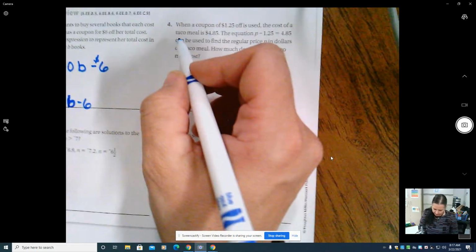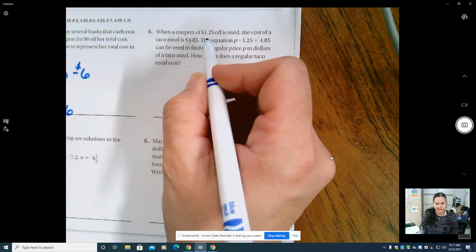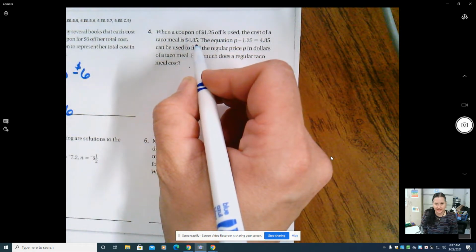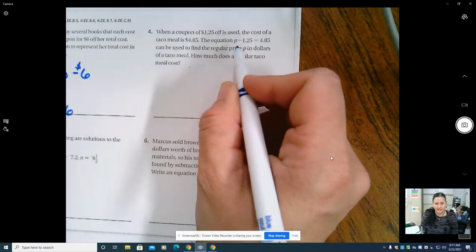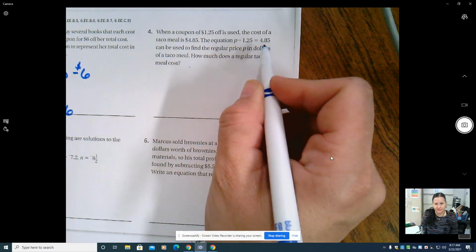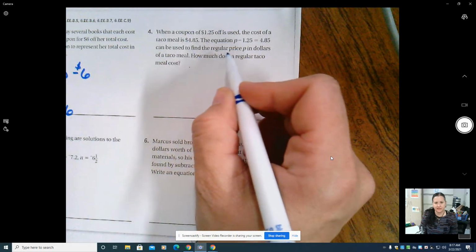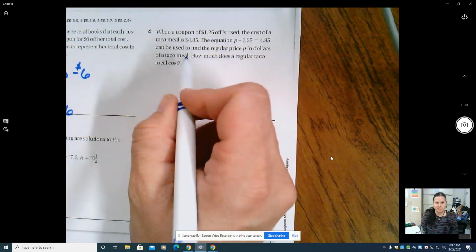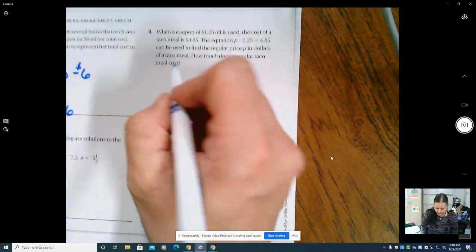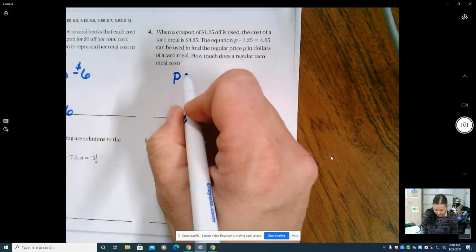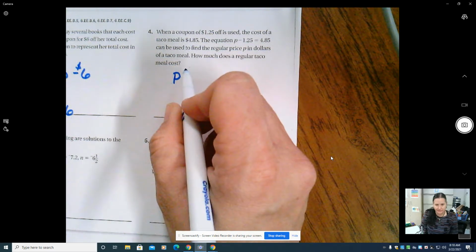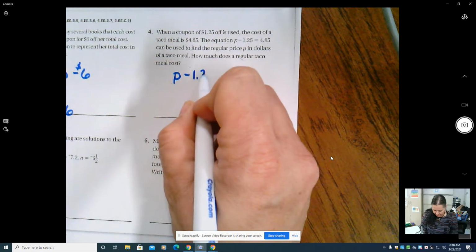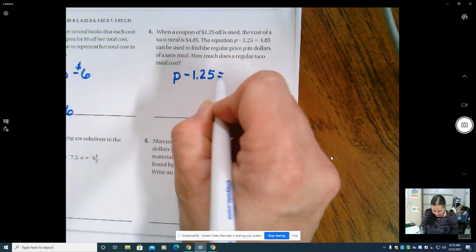Okay. When a coupon of $1.25 is used, the cost of a taco meal is $4.85. The equation P minus 1.25 equals 4.85 can be used to find the regular price P in dollars of a taco meal. How much does the regular taco meal cost? So here they're wanting to know what the value of P is. P is the price, right? So we start by writing the equation that we can find here. And then this one,